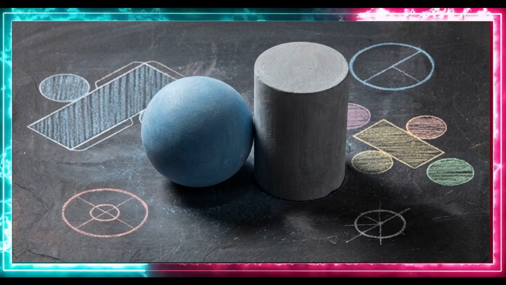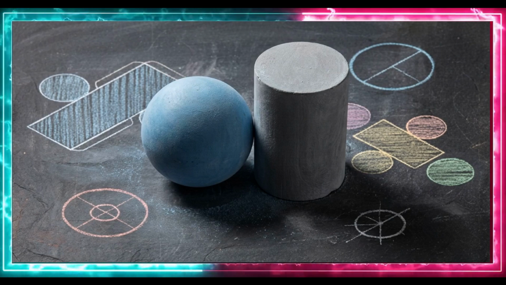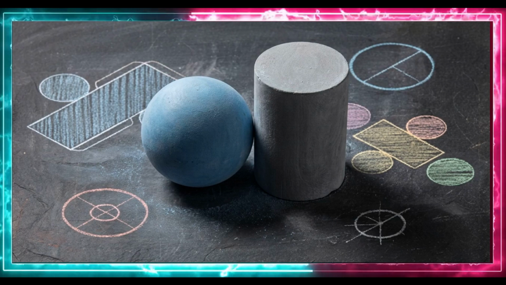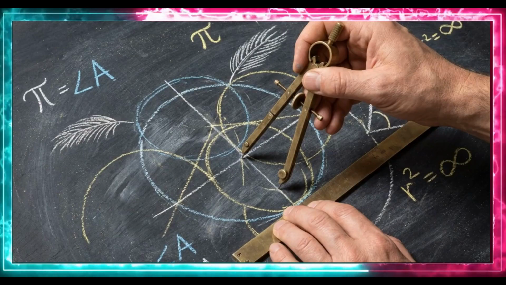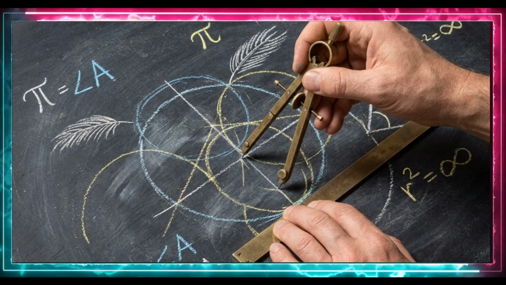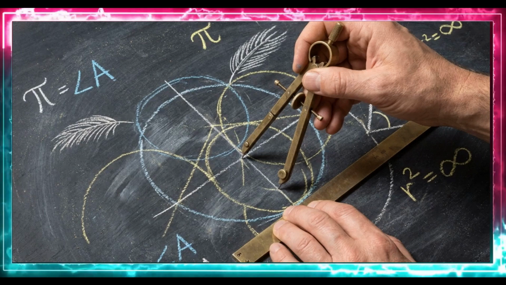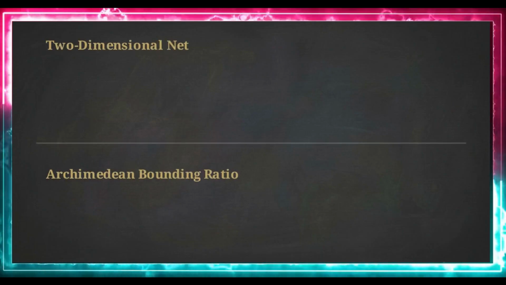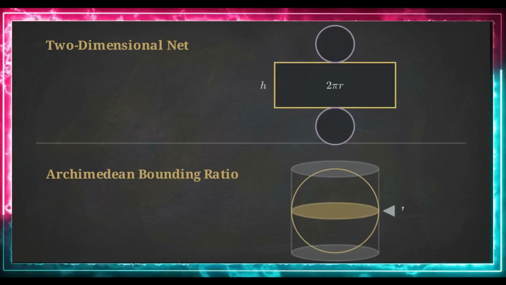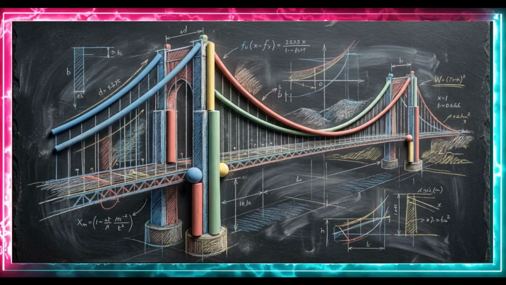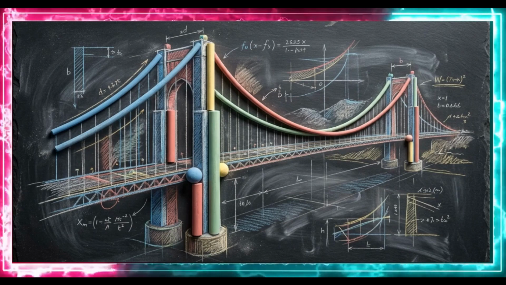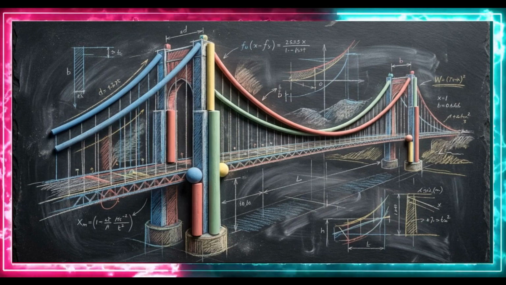In reality, these shapes exist on a unified geometric continuum, where the properties of one dictate the properties of the other. We can derive the exact surface area and volume of these solids from first principles, without the need for rote memorization. To demonstrate this, we will use two specific conceptual tools: the two-dimensional net and the Archimedean bounding ratio. By identifying this underlying logic, geometry ceases to be a memory test and becomes a precise tool for analyzing the